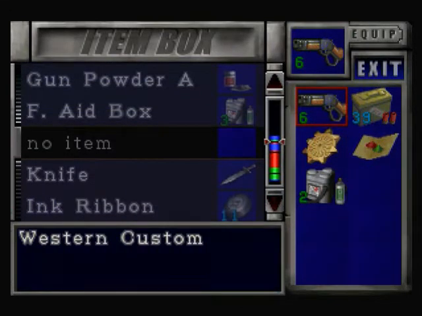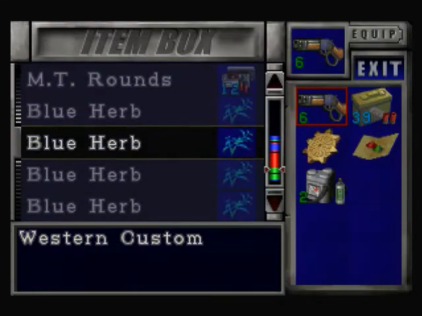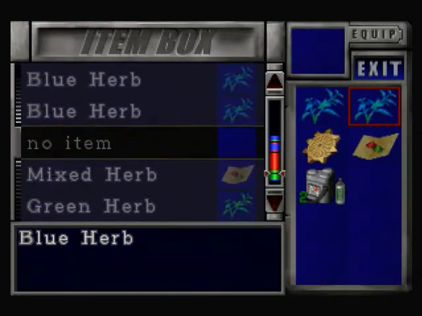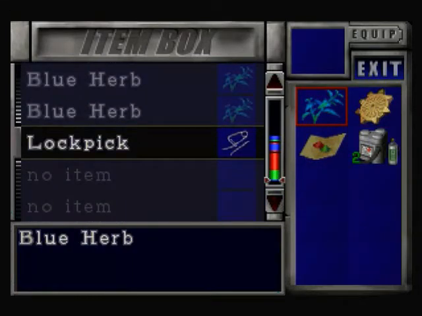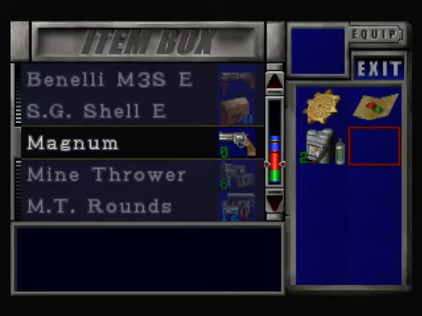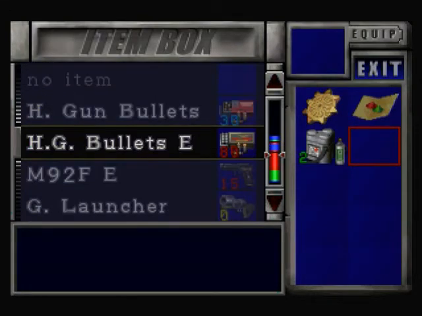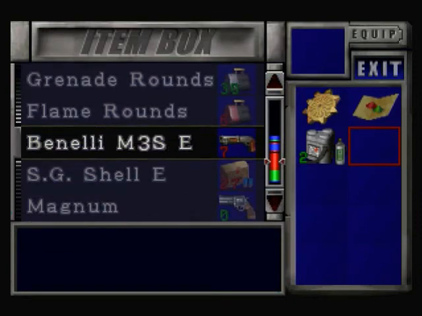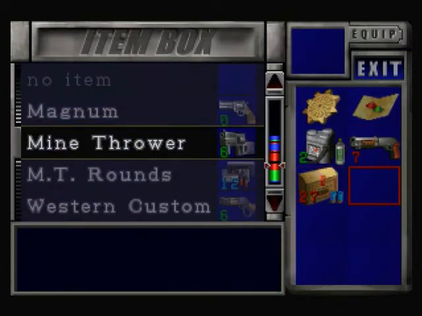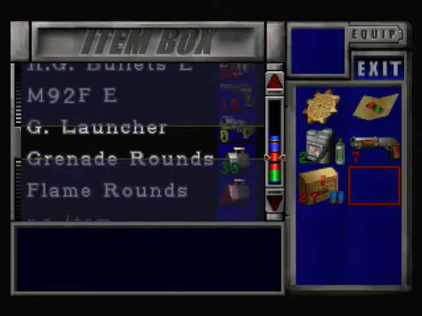Okay, I think we need some better weapon for old Nemesis. So let's get some better weapon out. Right, let's bung that there and put the blue herbs away. And then let's get some better weapon out. We're going to use the enhanced shotgun, of course. That's really good. Where is it? There it is. Right, enhanced shotgun, because that's pretty much the best weapon we have. Yeah, Western Custom can't really cut it against Nemesis. I suppose we could use the flame rounds and a grenade launcher, but